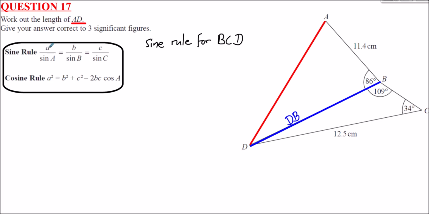Now, the sine rule, small letters stand for sides, big letters stand for angles. So this DB, I'm going to think of this as being A, okay, because I want to work this one out. So if I just move this to the side a second and call this A,